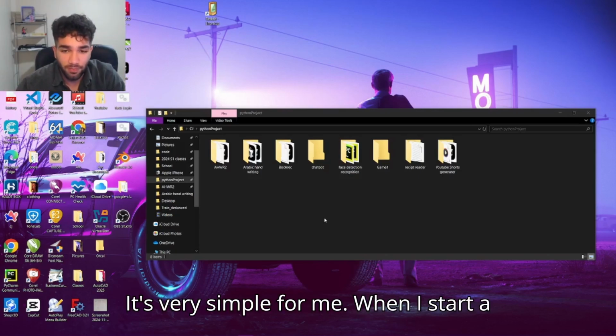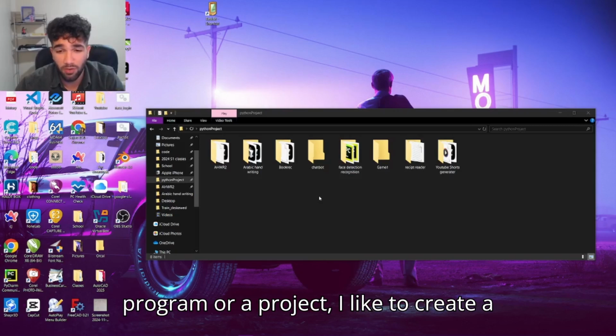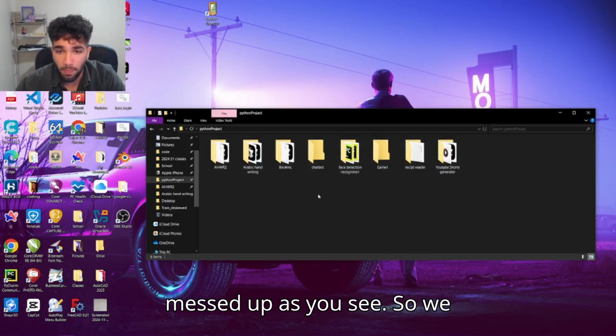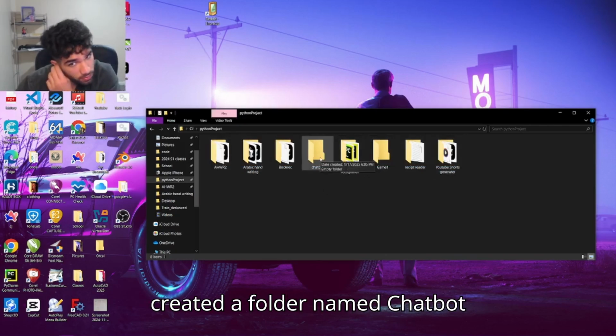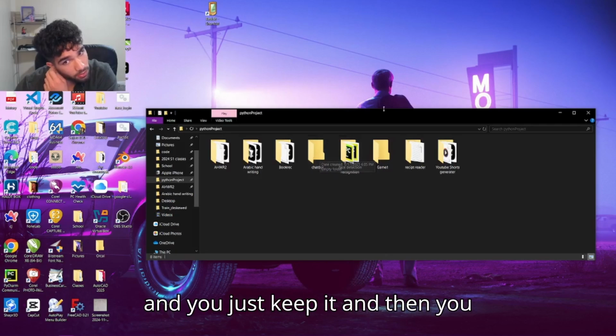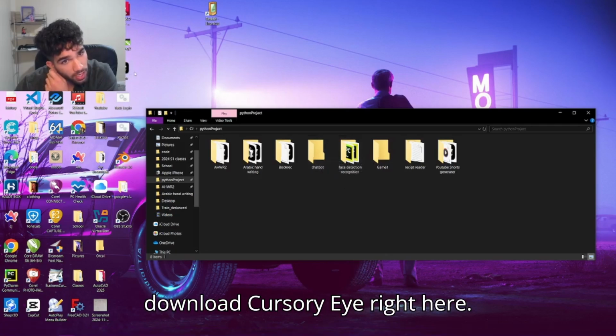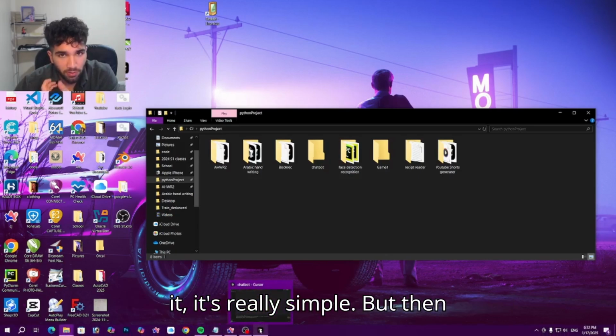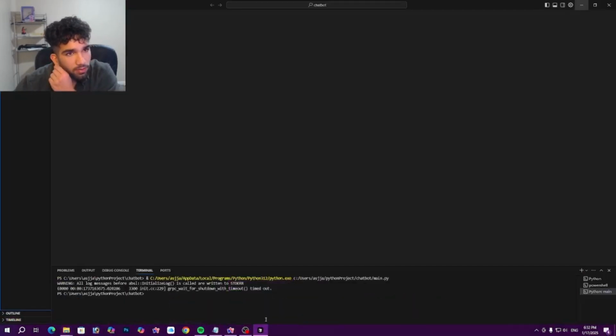It's pretty simple. When I start a program or a project, I like to create a folder for it so I don't get it all messed up, as you see. So we created a folder, named it chatbot, and you just keep it. And then you download Cursor AI right here. I'm not going to show you how to download it. It's really simple. But then you open it,